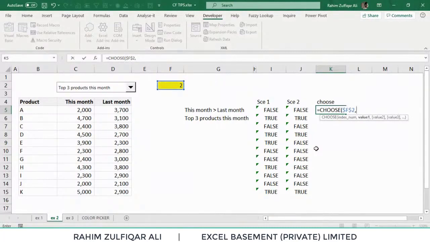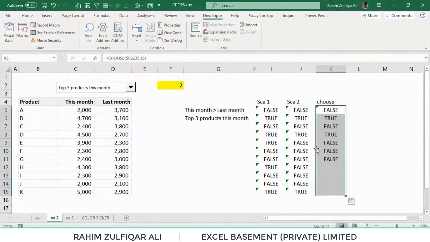If the F2 cell contains 1, pick value 1, which is the situation 1 cell result. If the F2 cell contains 2, pick the J5 cell, which represents the second situation result. Close the bracket and enter.